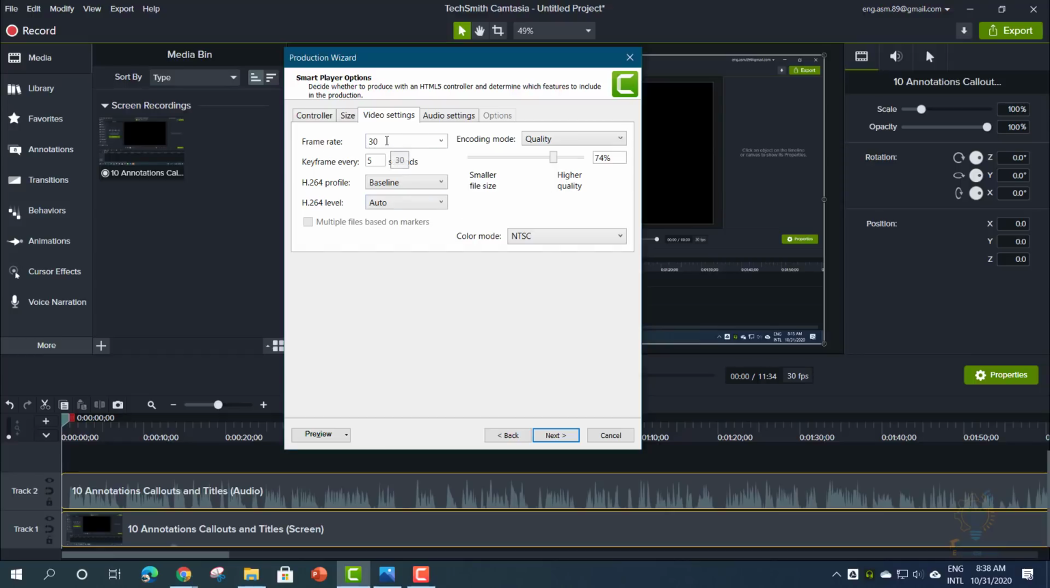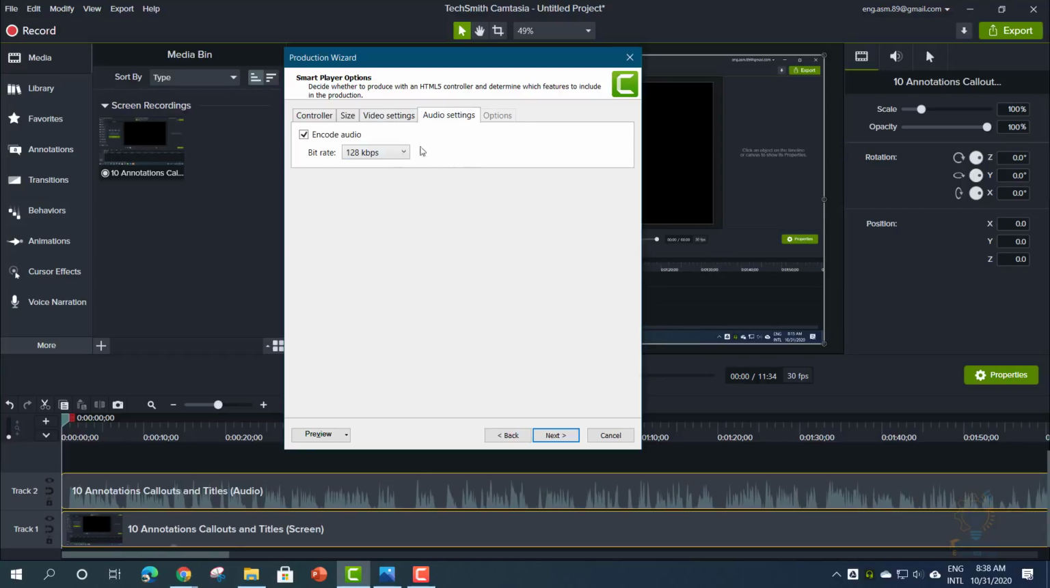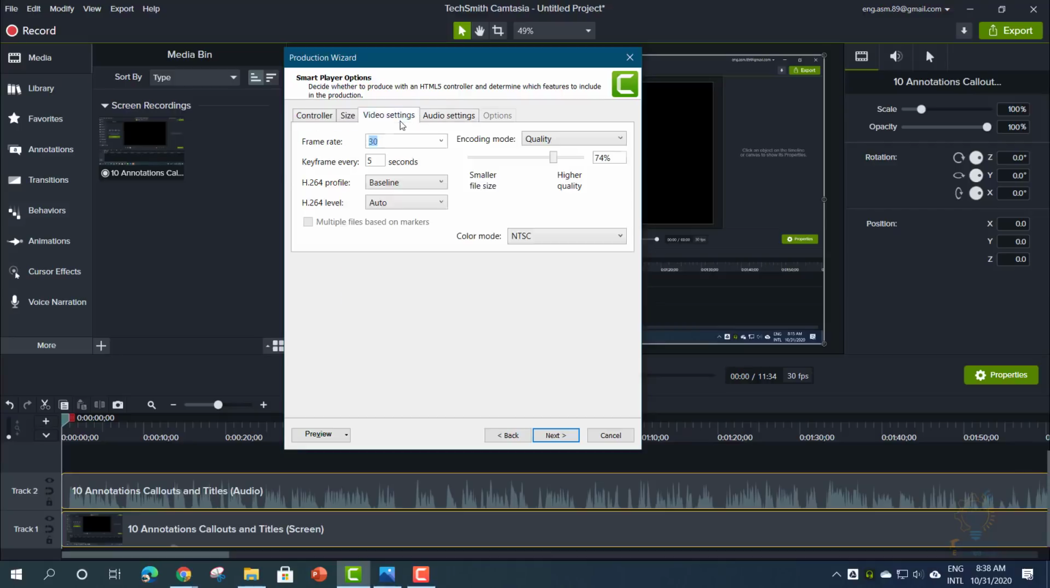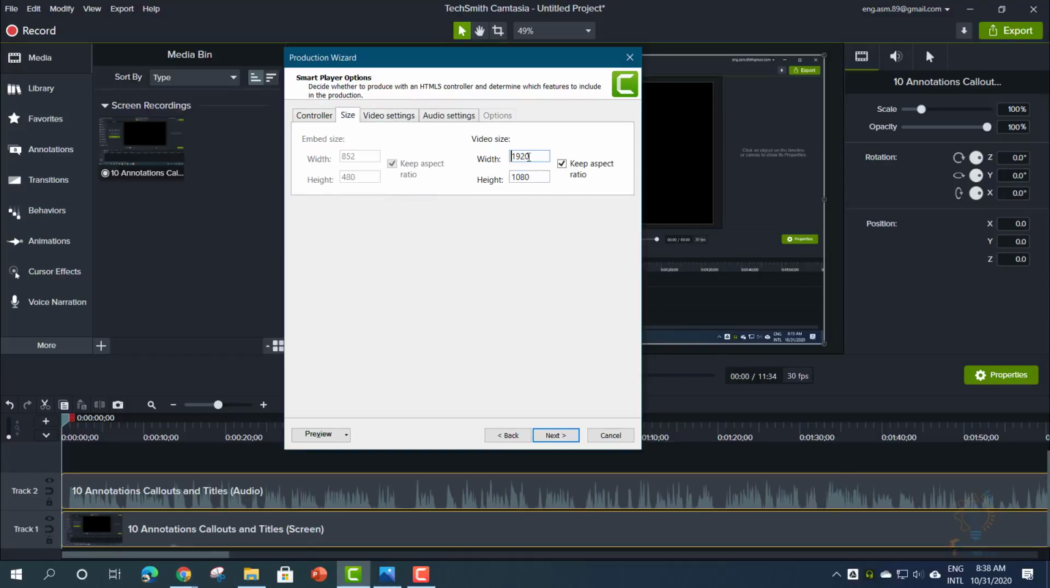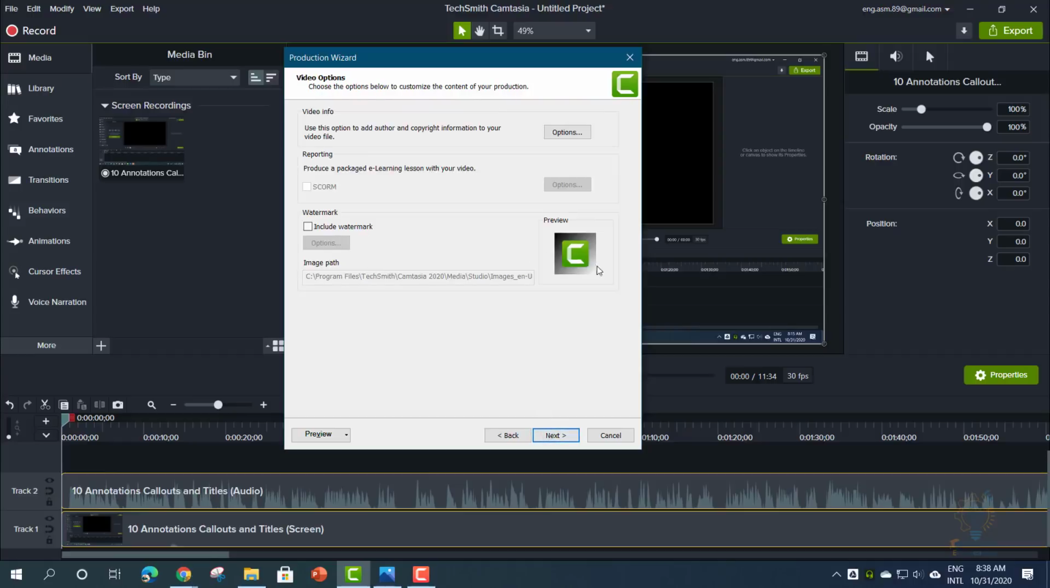Now the frame rate is 30, which is the best one, and the audio settings, you can change this to whatever you want, the bitrate, and you can change the encoding, but I usually leave all of these at the default. I just change this one to 74% and the size to 1080p, 1920. That's it. Now click next, and you can add your company logo here, include your watermark, and you should bring a logo that has a PNG